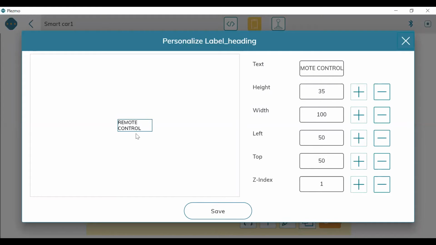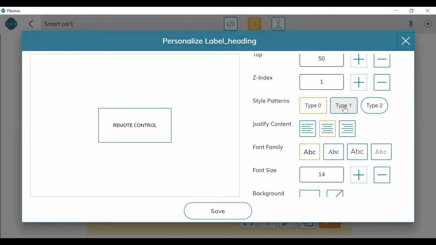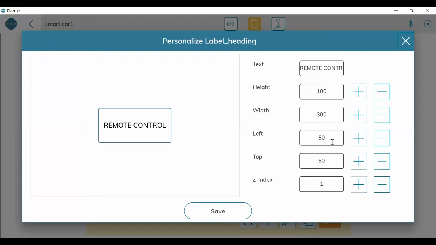So I'm typing, but again the box is too small. So again we can change the height and the width. Fine. And again we'll go down and choose the different patterns. We will keep it in the middle only. Font family, whatever you want to take, you can take. I'm taking Times Roman only, and we are going to increase the size. I think the height is looking a bit more. Let me bold it. This is looking fine. The height is looking more, so I will reduce the height. Let me take it as 50 only. This is looking nice.